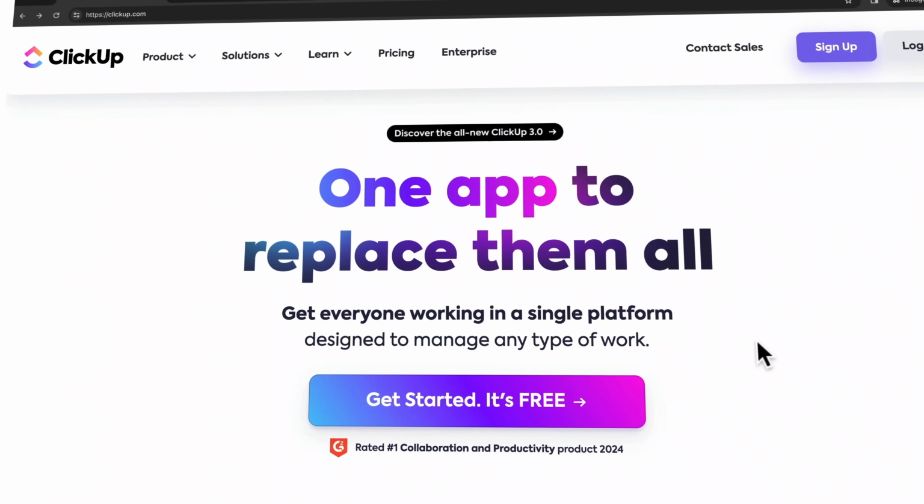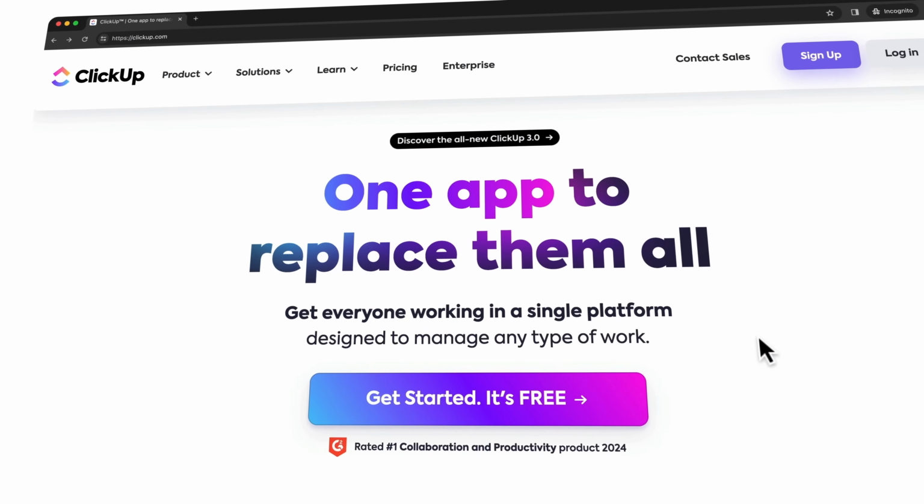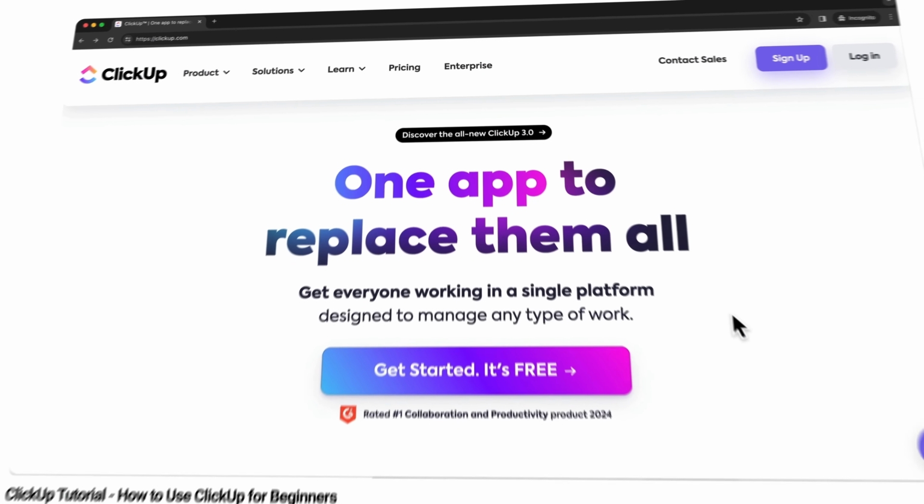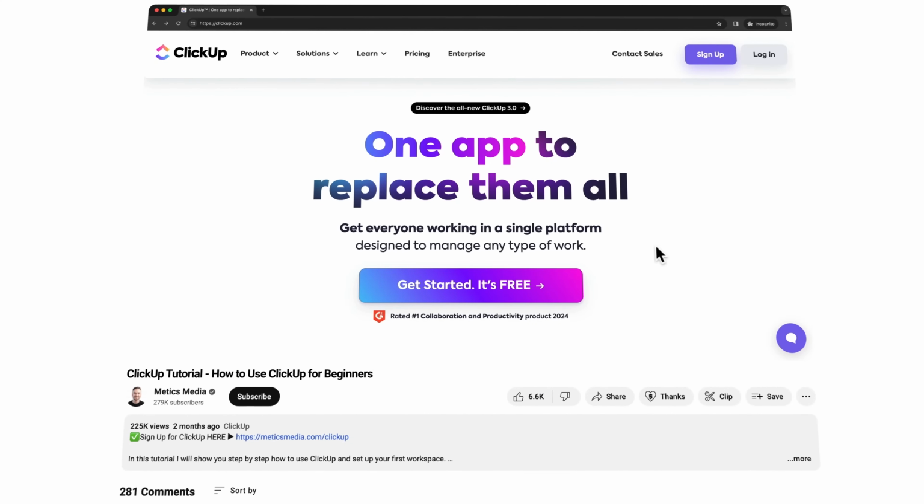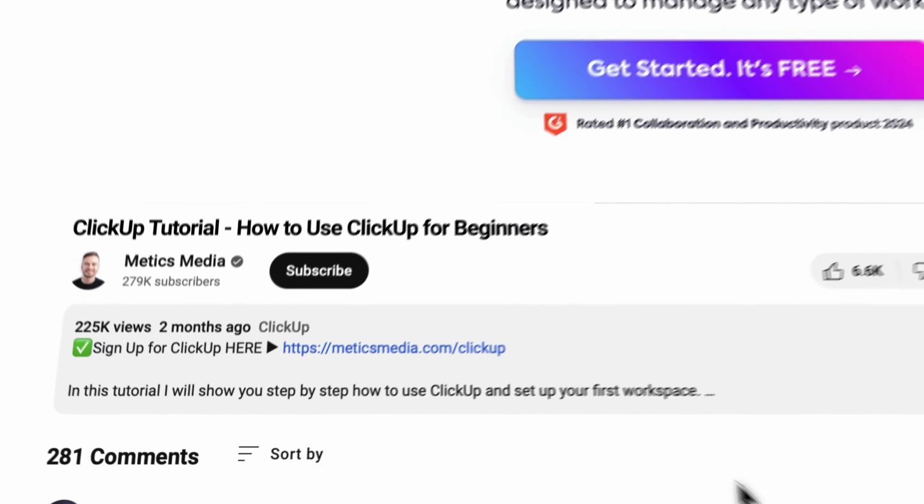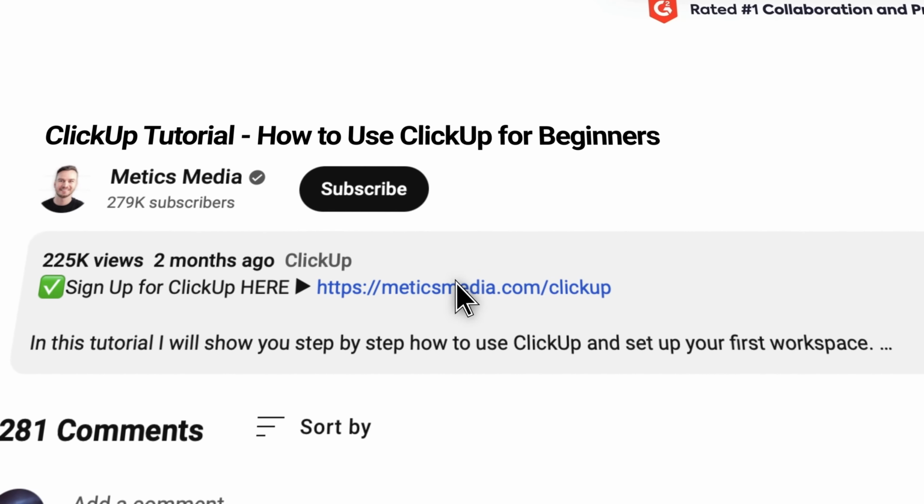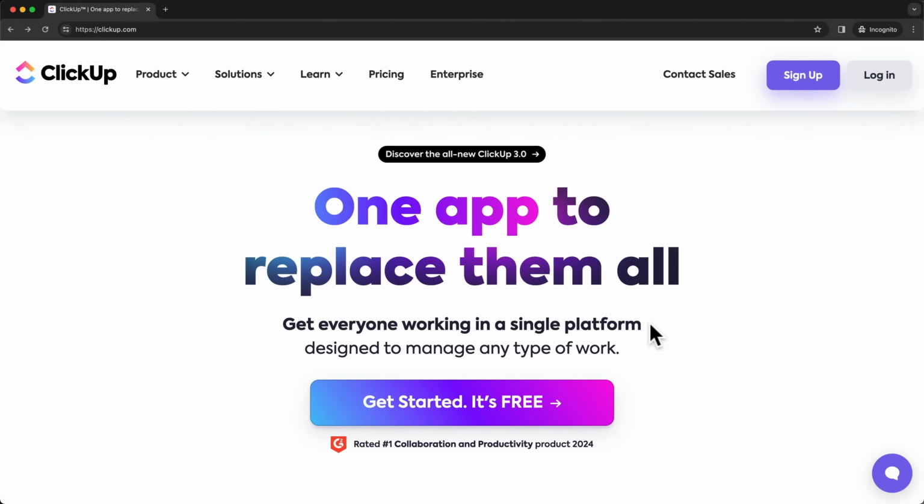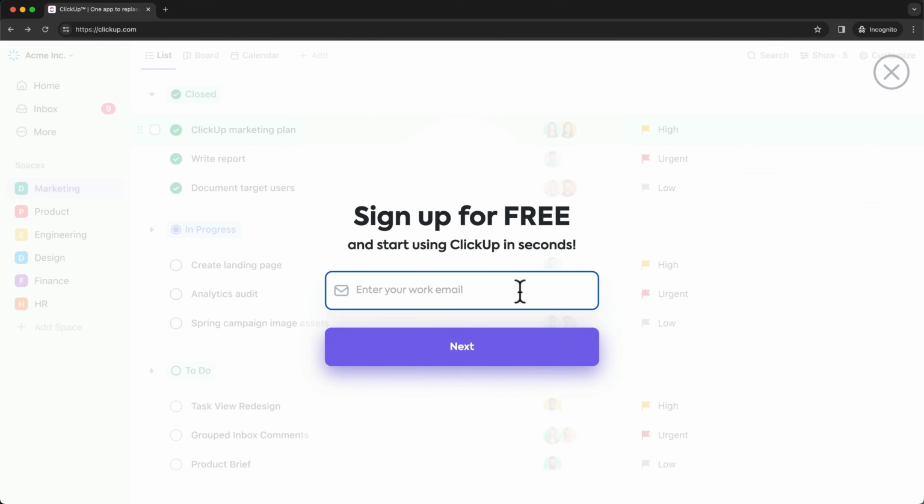Okay, so let's get started by setting up your ClickUp account. So the first step is to scroll down and click on the first link down below in the video description. This link will take you to the ClickUp signup page where you can create your free account. So once you're on this page, click on this button, Get Started, it's free, and type in your email address